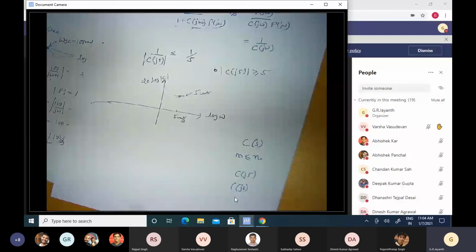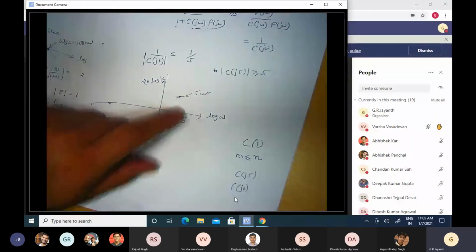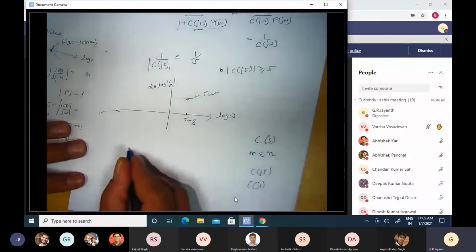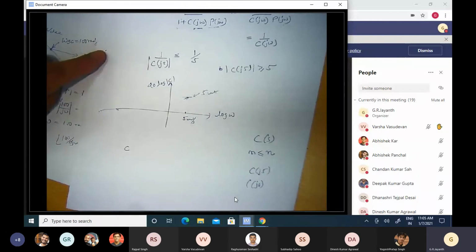So how do we pick from among these infinitely many controller candidates, all of whom possess possibly infinite gain at 0 and 5 units gain at 5 radians per second? How do we pick? Like any engineer from times immemorial, we go by one simple guiding principle, and that is simplicity. So we want to pick such a controller that it is as simple in appearance and as simple in practical realization as possible.